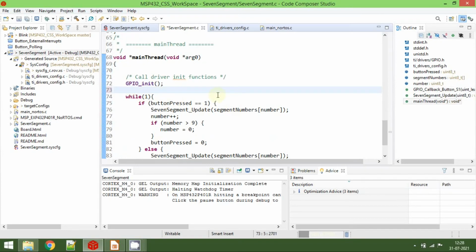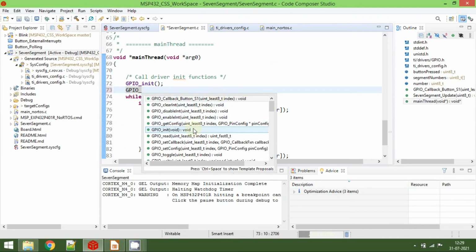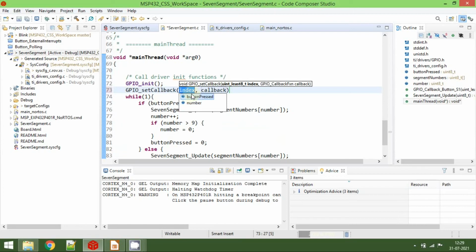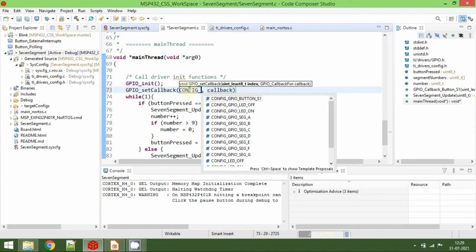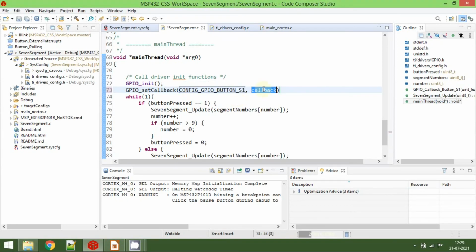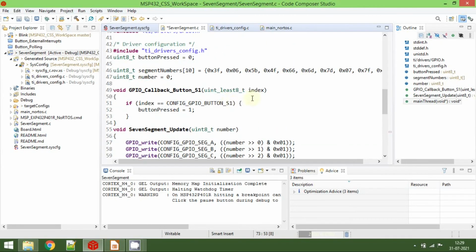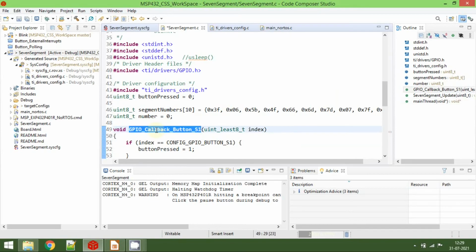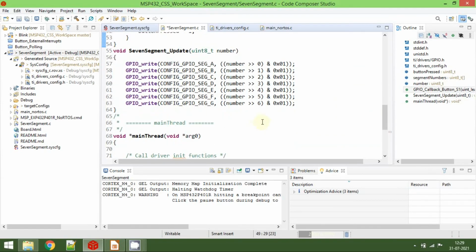To initialize the callback, there is a function called GPIO_setCallback. The first one is the index, which is nothing but the pin, that is CONFIG_GPIO_BUTTON_S1, and here we need to pass the callback function, that is this one, GPIO_callback_button_S1.